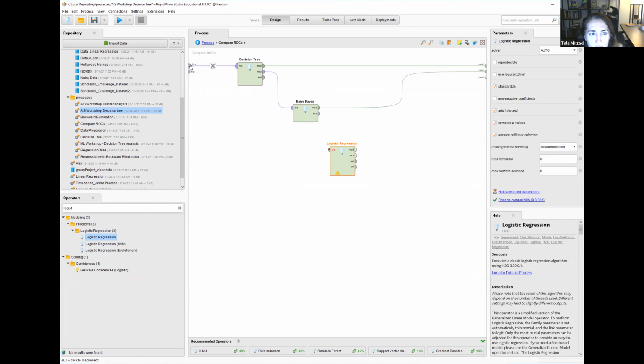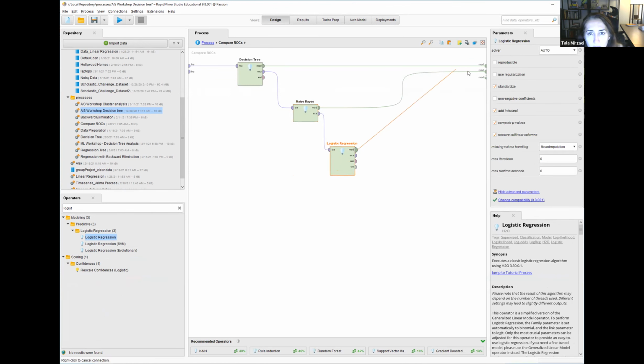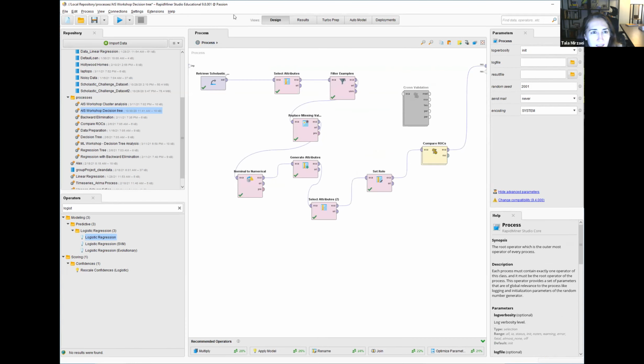The example set just carries forward from one model to the other, and then the models go to the ROC, and the model outputs go to the results. You can add as many as you want. Don't make it too crowded, but you can add to it. And then when I run this,